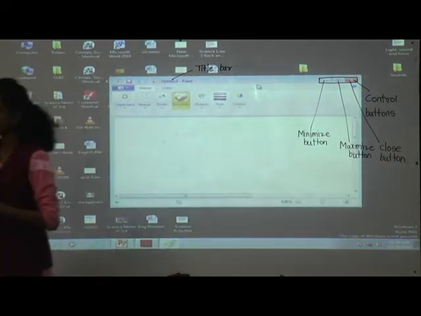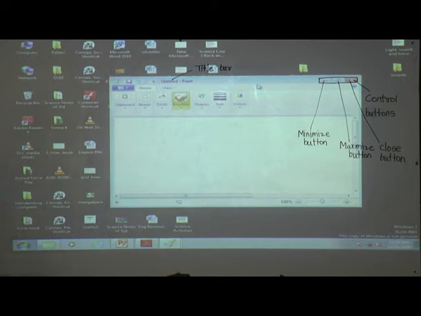What is meant by minimize? Same like the notepad window. What is the use of this minimize button? If you want to minimize the window, means what? Small. If you want to make the window small in size, then we can use the minimize button.